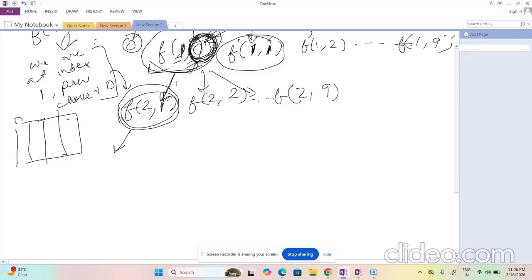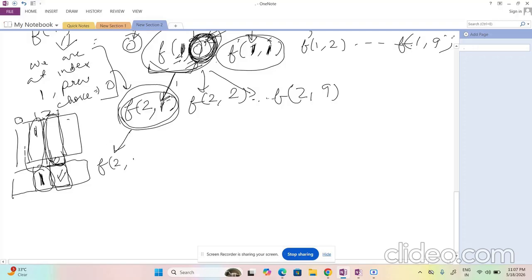So this is the zeroth column, first, second. We say that we are now at this column and previously we have chosen this 1 as the choice. If we take it as a single 1D array, we are saying that we are at index 2 and here we have chosen 1. This is what I get from this problem, so that's what I'm explaining here. I have got 1 from the previous and now I have to make my choices.